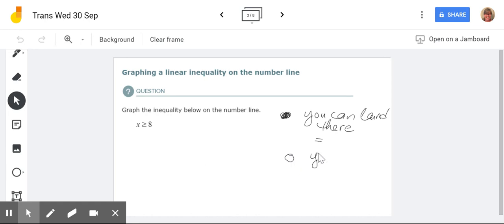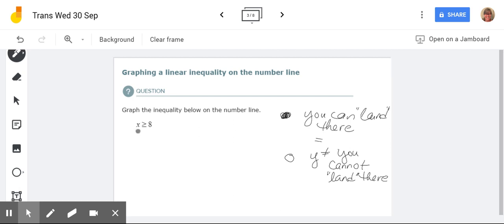Anyway, open circle equals, hey, control thyself, pen. Open circle, oh, that's why. Okay, get over here. Open circle equals, no, it's not equal to. In other words, you cannot land there. It's a limit. It means that you can approach it, but you can never, ever land there. But you can get super close. You can get infinitely close. You can keep getting as close as you possibly could for all infinity, but you'll never be able